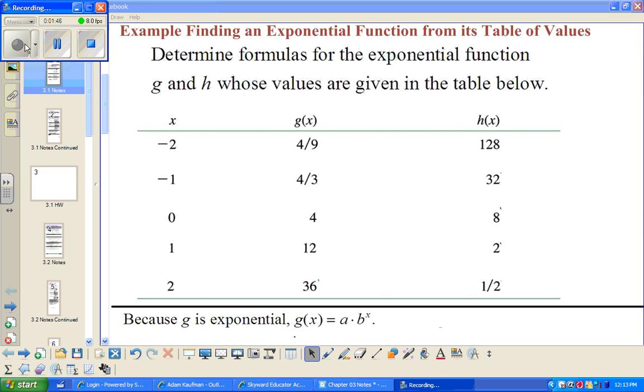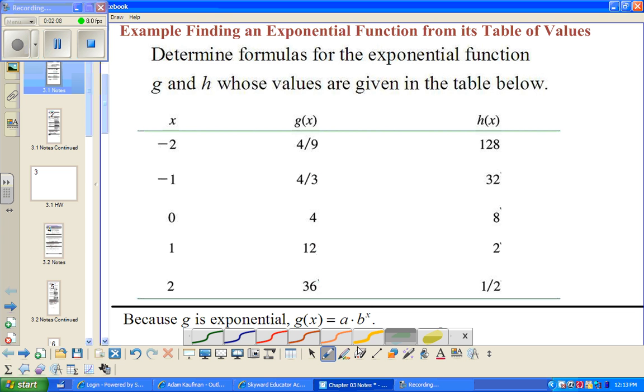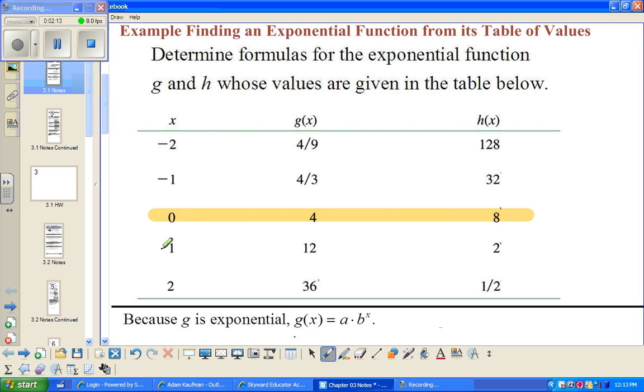In this first example, you're to determine formulas for the exponential functions g and h, whose values are given in the table. So you're told that g of x is an exponential function. You're told h of x is an exponential function. With the given information, you should be able to write out what the function actually is. What you're going to focus on is the value when x is 0, or the initial value, and the value when x is 1. If you have those values, the problems are quite easy to do. So we'll focus on